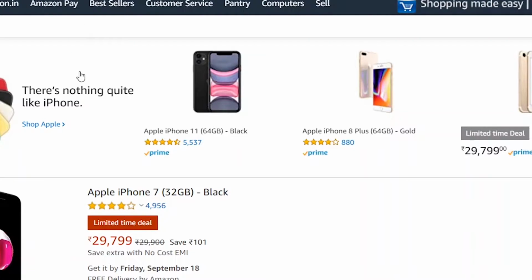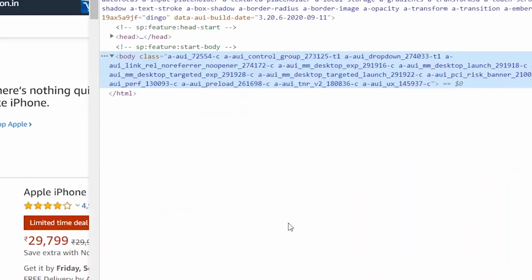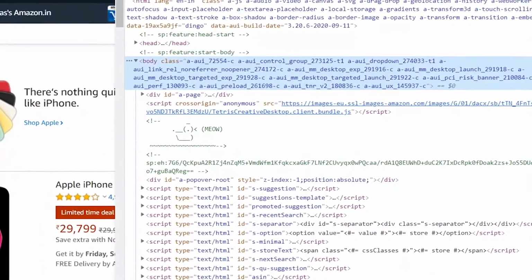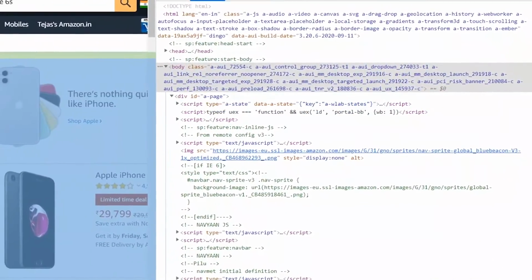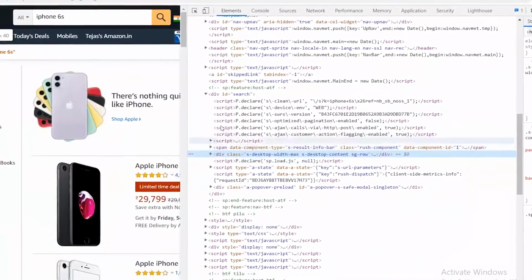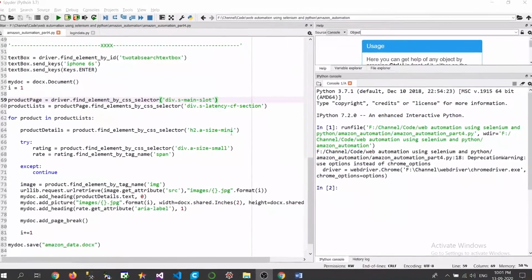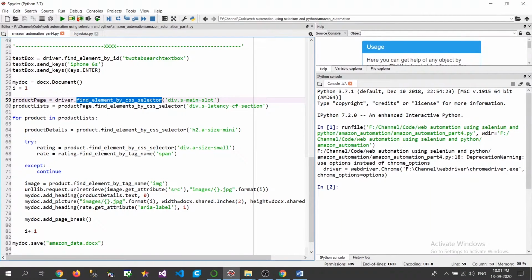And those who already have this knowledge about Selenium and the previous videos of Amazon automation, let's move on to the next explanation. We'll go to the inspect of this part, and we will understand what I did. First I tried to access this whole page. Once we get access to this whole page, I have used the find_elements using CSS selector function here. There are a lot of ways you can access different elements to get the instance of that particular object, of that particular section, that is page or product.